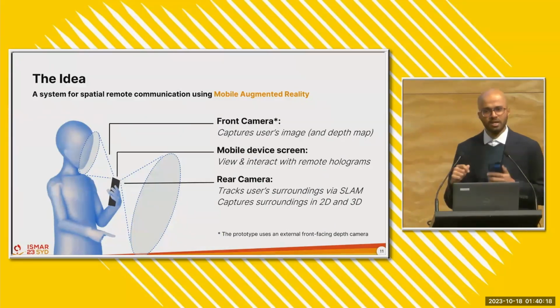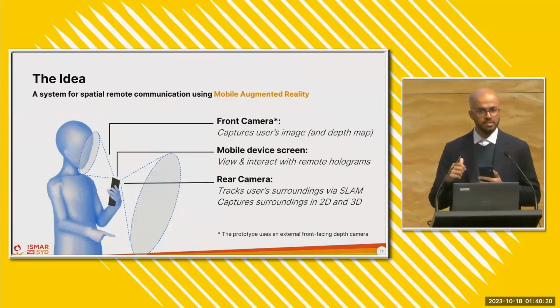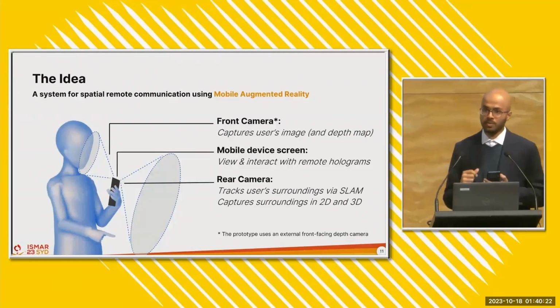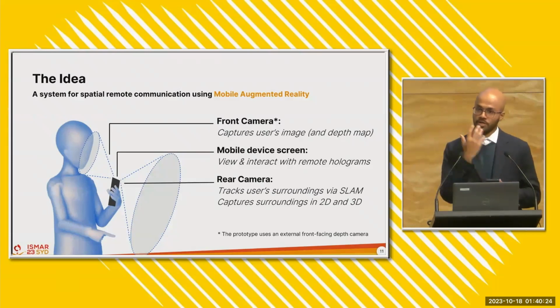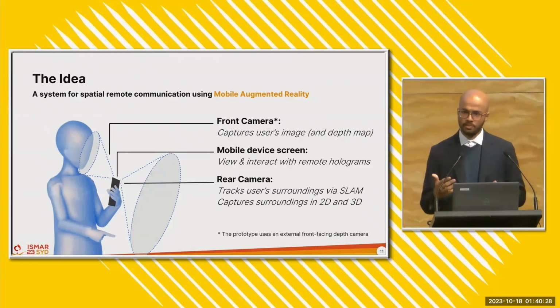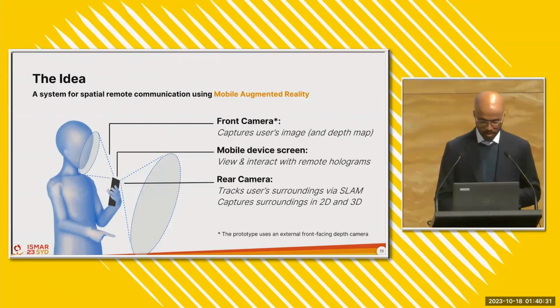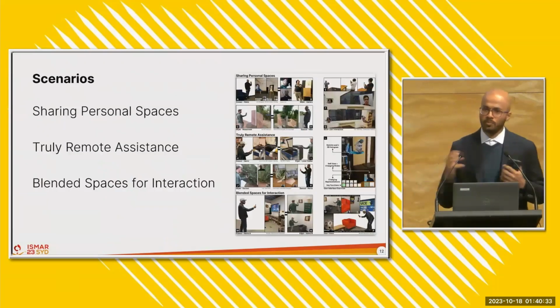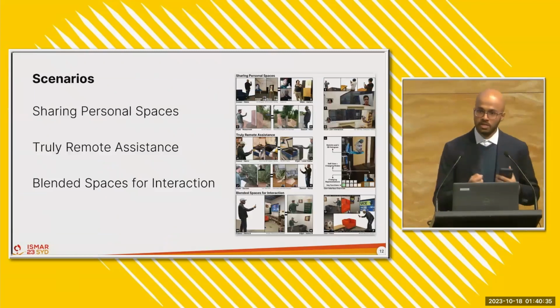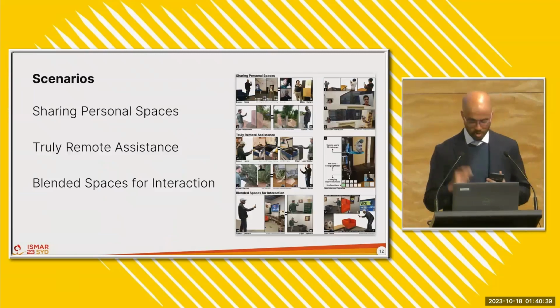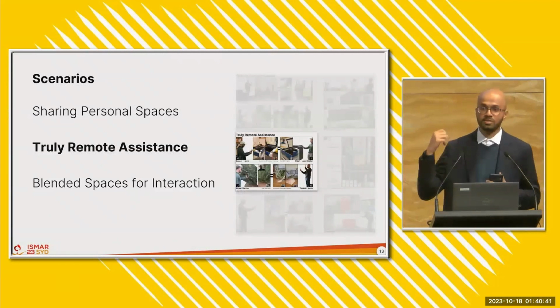Now, phones today can't quite do all of this on device. So what we did instead was we strapped an external depth camera pointed at our face that's connected to the phone directly to prototype interactions that are likely to be available in the near future. Our paper talks about a number of scenarios that the unique configuration of DualStream enables. But to give you a glimpse of what the application can do, I'm going to walk you through how it helps support truly remote assistance.